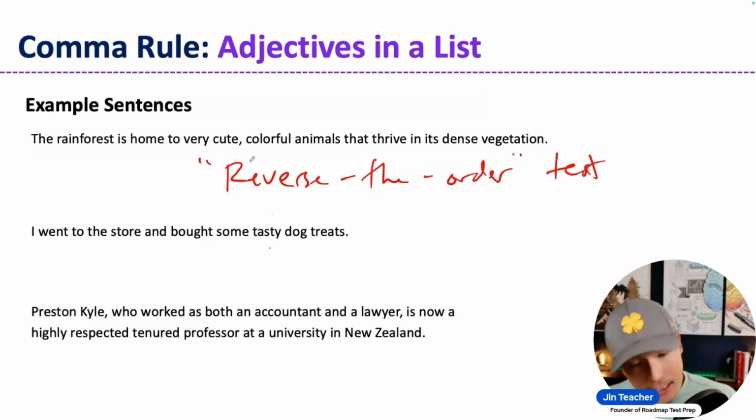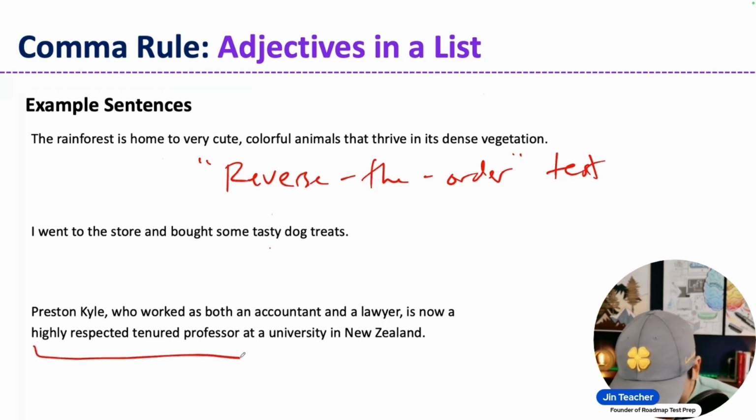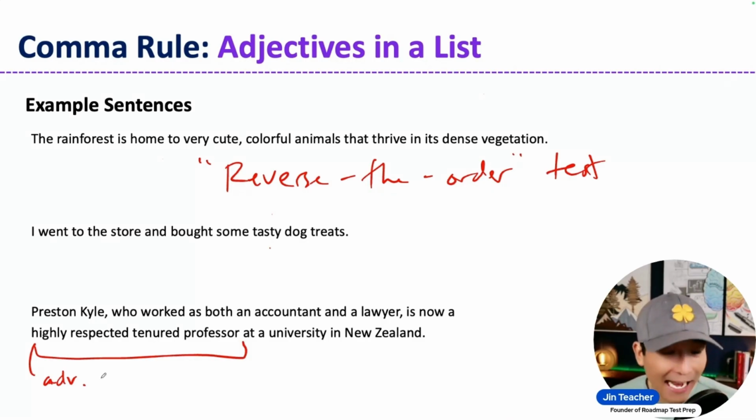So I'll give you an example here. It says, Preston Kyle, who worked as both an accountant and a lawyer, is now a highly respected tenured professor at a university in New Zealand. So the adjectives in the list here are going to be highly respected, tenured professor. Here we have an adverb. Highly is an adverb. Adverbs usually end in ly. An adverb's job is to